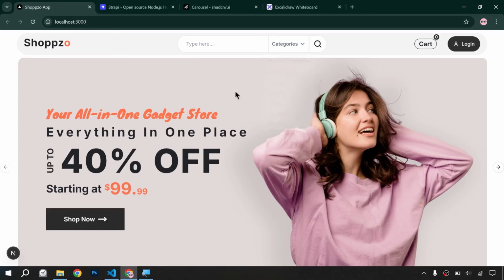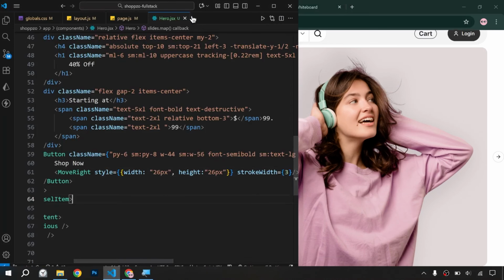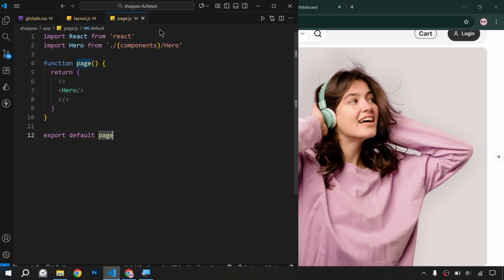Right? But now we will make the next component. The next component will be new arrivals. I think it will be trusted brands. So we will make the trusted brands. We will copy this